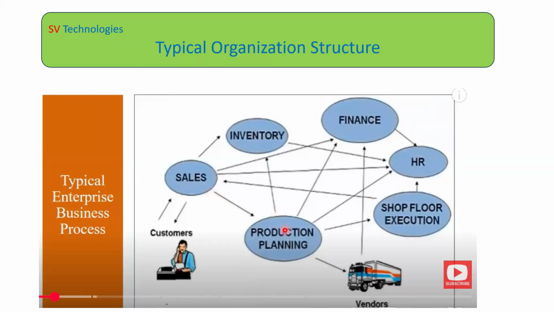Then he will go to production planning. In real time, we call it production planning. He will reach out to this department, and this person will do what? To prepare the remaining 10 biryanis, what material is required?